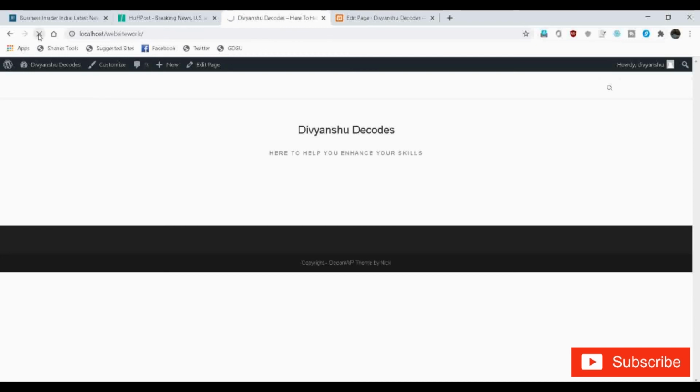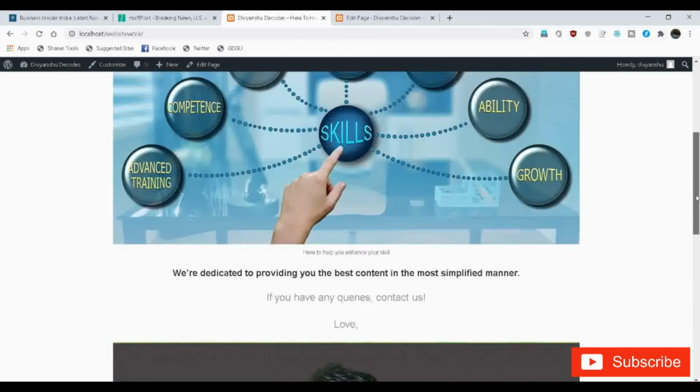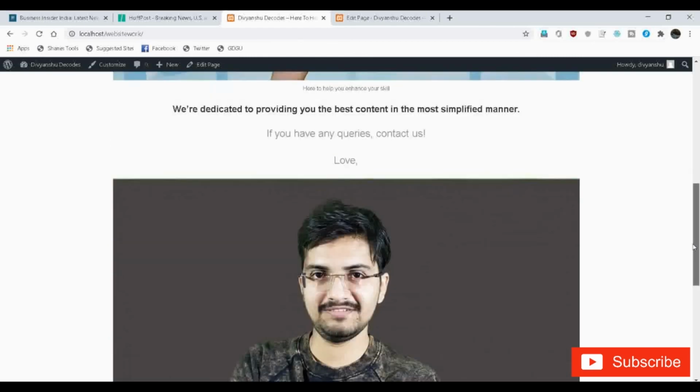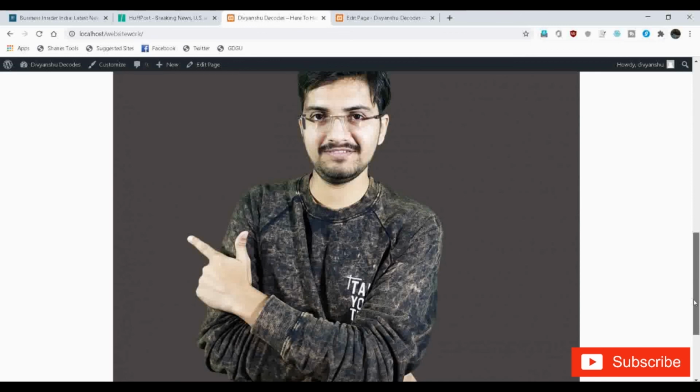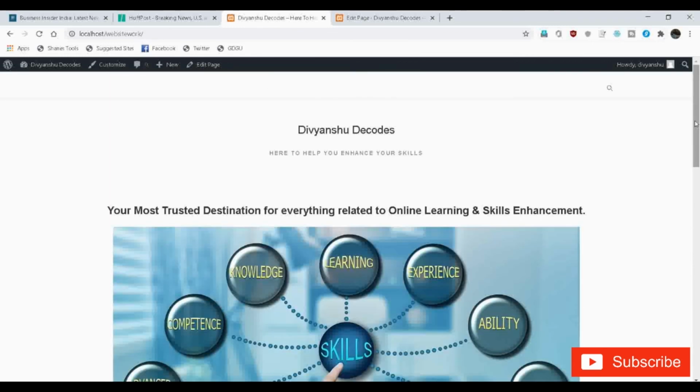Refresh. And as you can see, this is our home page. We'll customize it in a much better way later on. But for the time being, it's more than enough for you to practice and experiment with the tools available in front of you. You can design your home page beautifully now, since you know the various tools available and the procedure of how to do it. So go ahead with it.